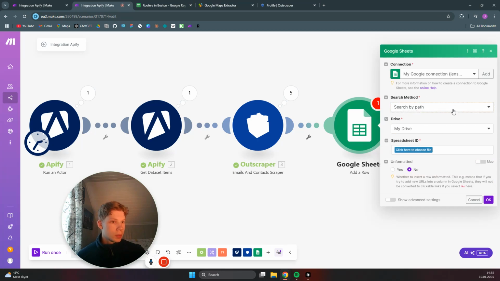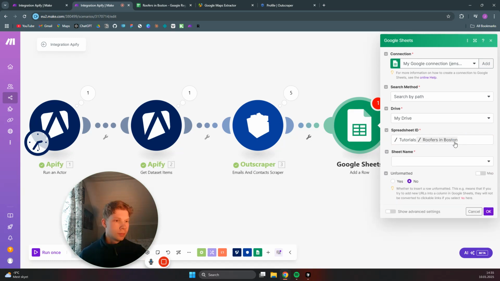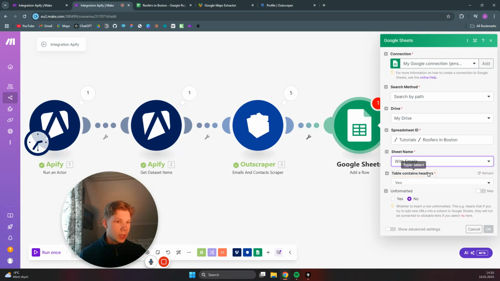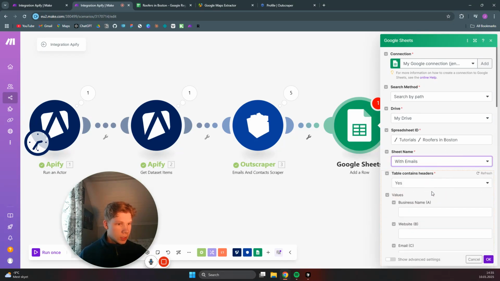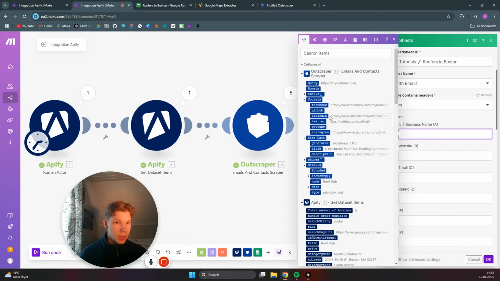So in here, we want to find the spreadsheet ID by going to, I added in tutorials and then in Roofers in Boston. And then the sheet name was with emails, and the content and the headers was business name,